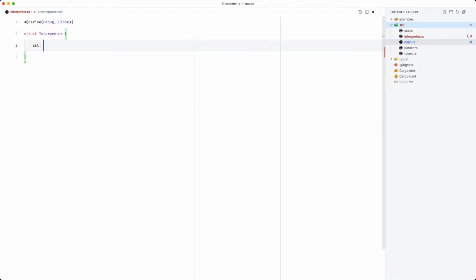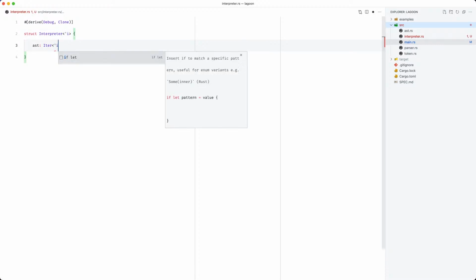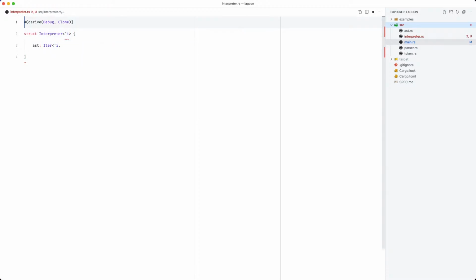We're going to store the AST, and we're going to store this as an iterable as well. So we're going to need a lifetime on this. And that iterable is going to store some statements.